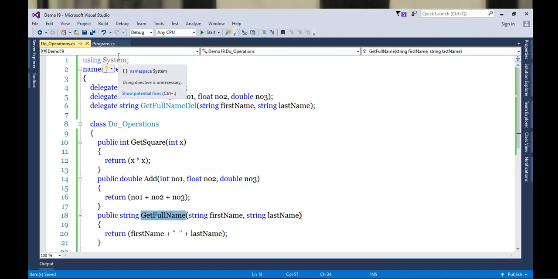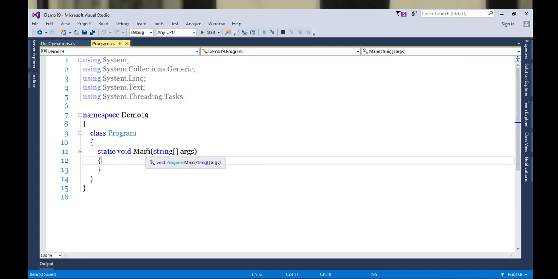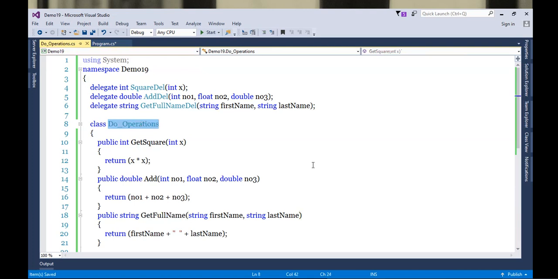So firstly, we learned the delegate option. In case of the delegate option, what you need to do first, to access these methods, is create the object or the instance of this class.